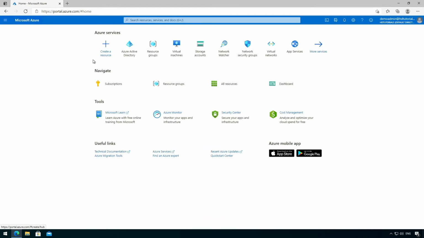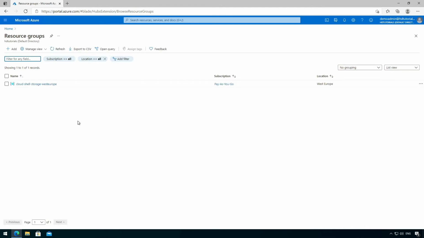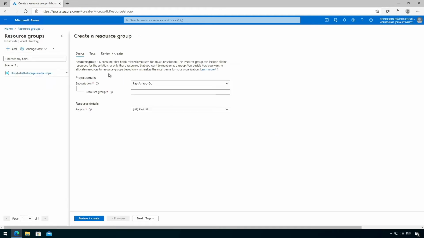Now we're here, the first thing we need to do is create a new resource group if you don't already have one. So click on resource groups and then click add. Choose your subscription that you want to create the resource group under. I've only got one here. Give your resource group a name. So I'm going to call this demo